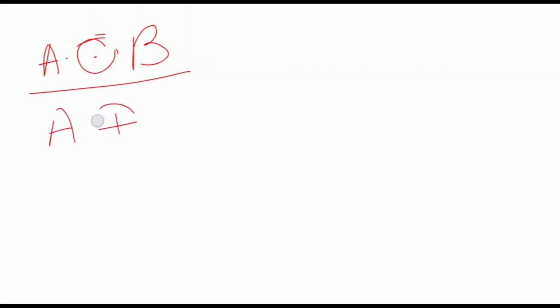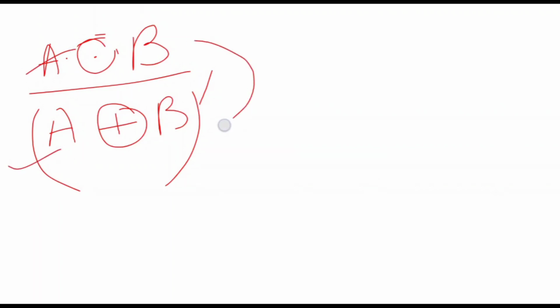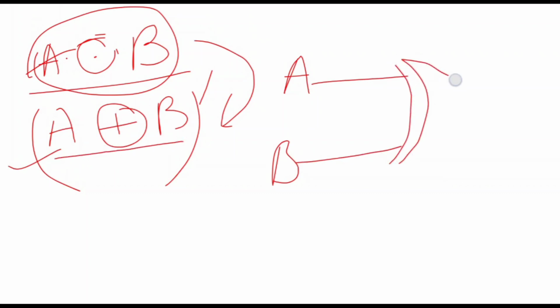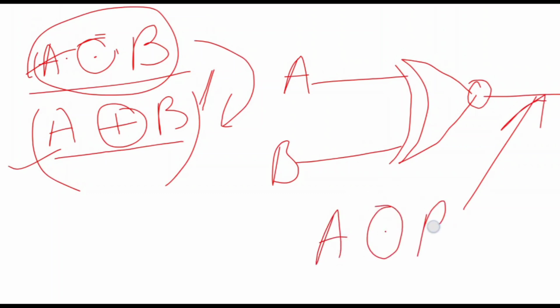Now we draw the circuit using a compound gate. For the compound gate, we write the expression like this. If we break this expression, what we will get is A XOR B and its complement. We learned that the XNOR gate is the complement of the XOR gate. So we can write it like this: XOR gate and its complement. So we draw A, B: one value taken from A, one value from B. First we put an XOR gate on these two, and for the complement we draw a bubble in front. So what we will get is A dot circle B.